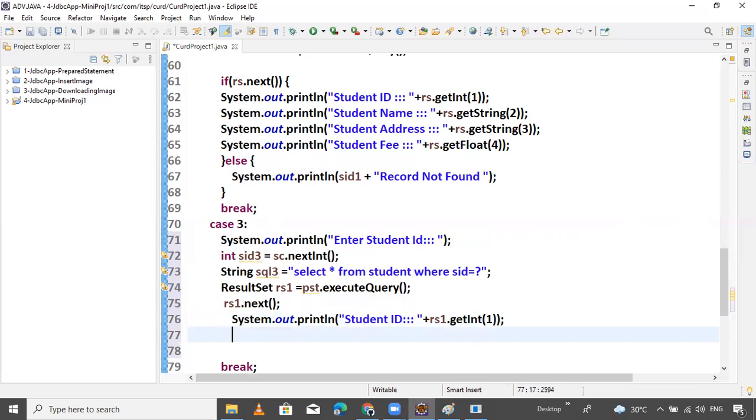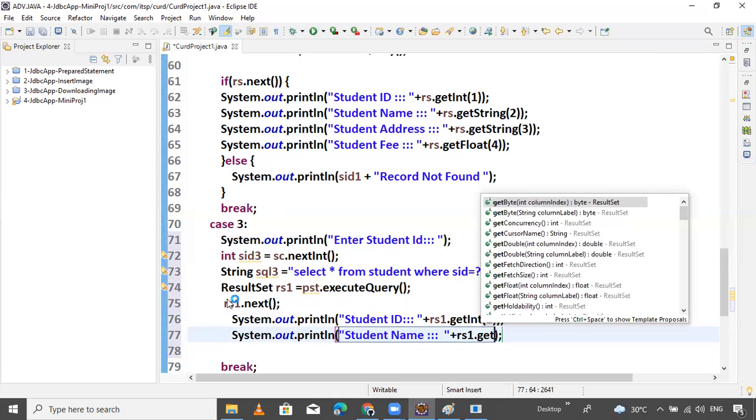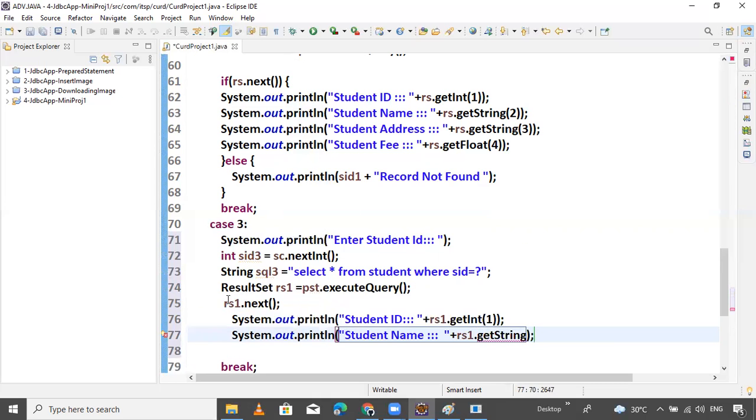I don't want to modify the ID data, so ID data is simply not required to provide. So student name, provide that name. The student name rs1 dot get string, column number 2, and I want to provide the new data in here.